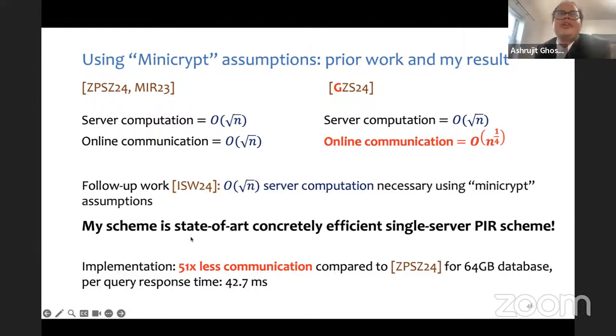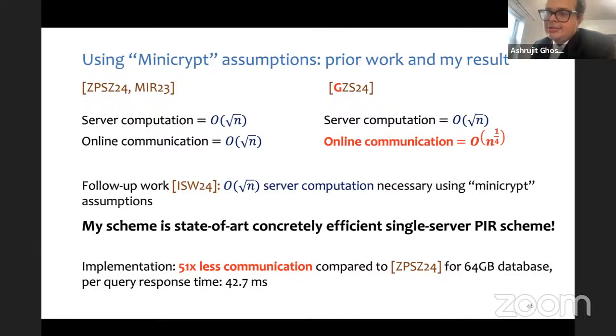Yeah, so all these three constructions I have on here, basically the client streams the whole database. It reads the database as a stream. It does not need to store the whole database at once. It can compute the hints in a streaming fashion. Square root n memory suffices. At no point does it need to hold more than that of the database during pre-processing.